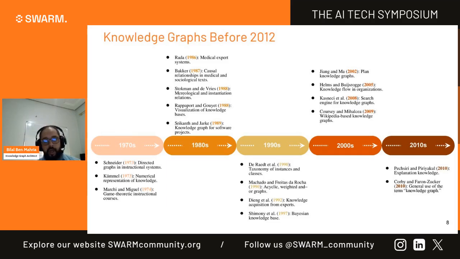And then we have the period of the 2010s, when people enhanced systems' ability to provide coherent explanations for outputs and decisions. And then the last one was Corby and Faron Zakar, where they emphasized the knowledge graphs' role in representing complex relationships and facilitating data retrieval and inference domains. So here